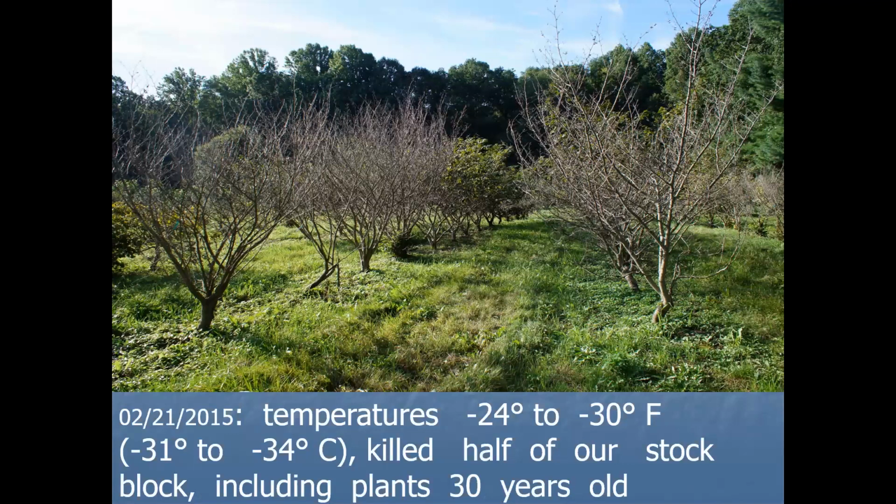Hamamelis, many, many species, were annihilated, because in that third week of February, roughly the 21st of February 2015, our temperatures here dropped from 24 to 30 below 0 Fahrenheit, which is shown here, 31 to 34 centigrade. We had more than 80 selections of Hamamelis in this particular stock block. Half of them were killed to the ground, including plants that were 30 years of age. What an unfortunate, after all those years of study and assembly, to have these plants just slammed by one event